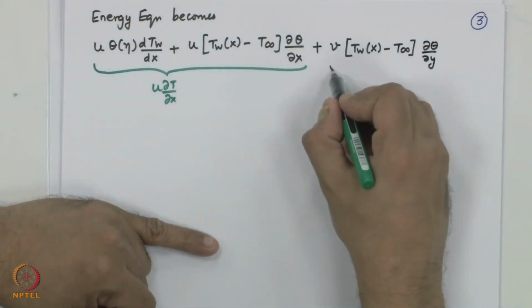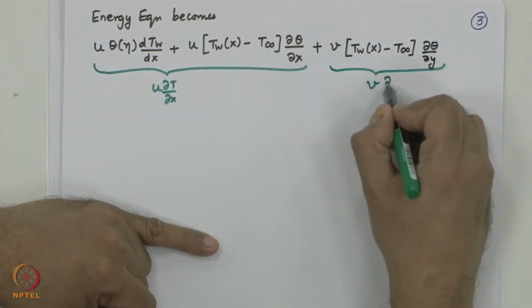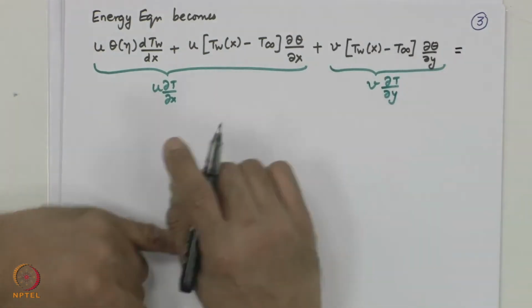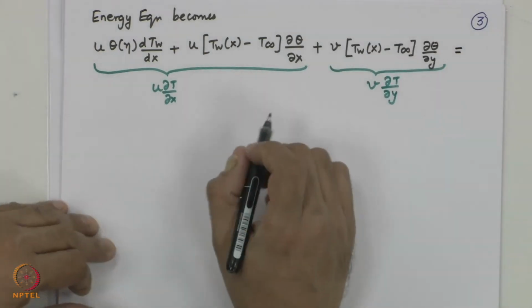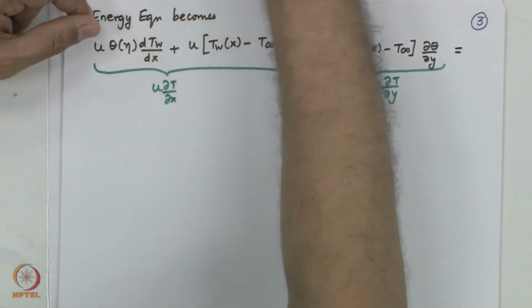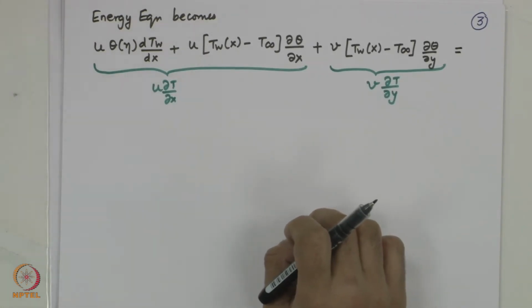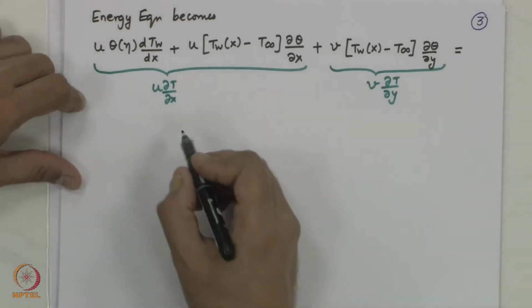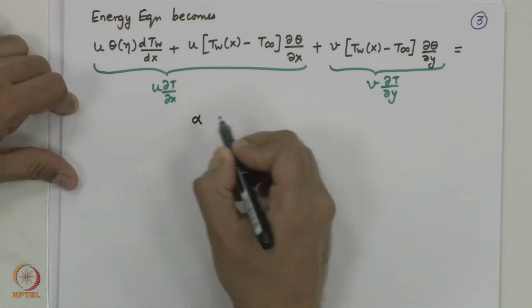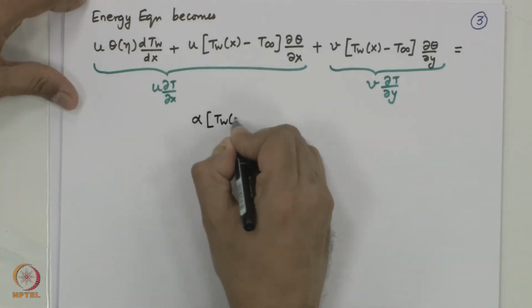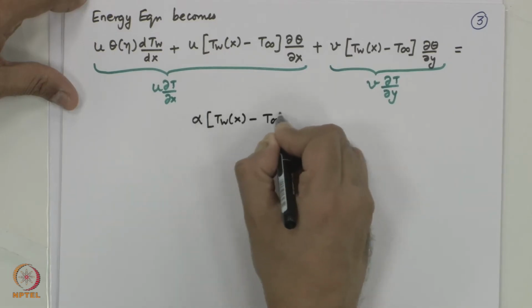So, this is v dT/dy. The right hand side, I am going to divide by rho Cp. So, on the left hand side we had a rho Cp, so we divide by rho Cp, and k by rho Cp is nothing but alpha. So, alpha d squared T/dy squared is equal to alpha (Tw(x) minus T infinity)